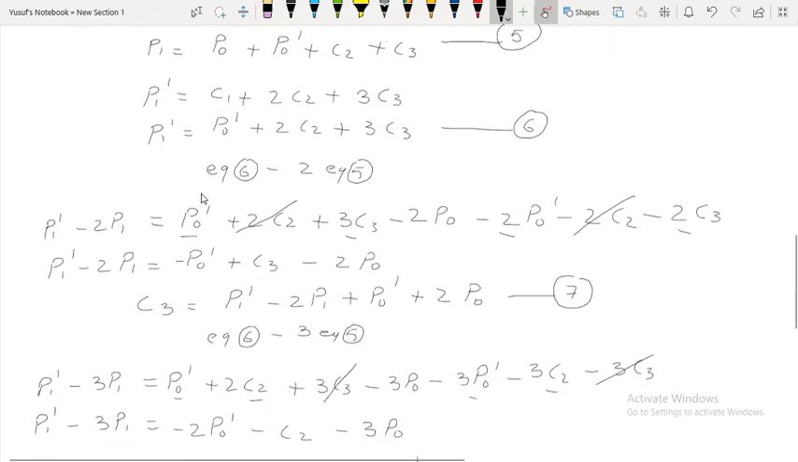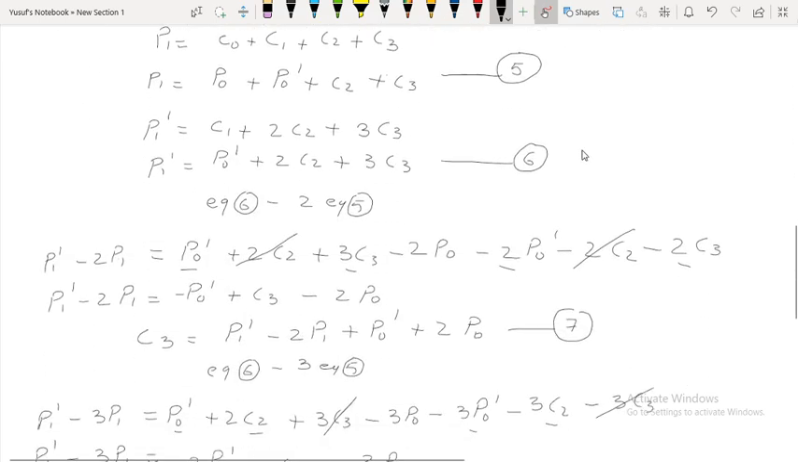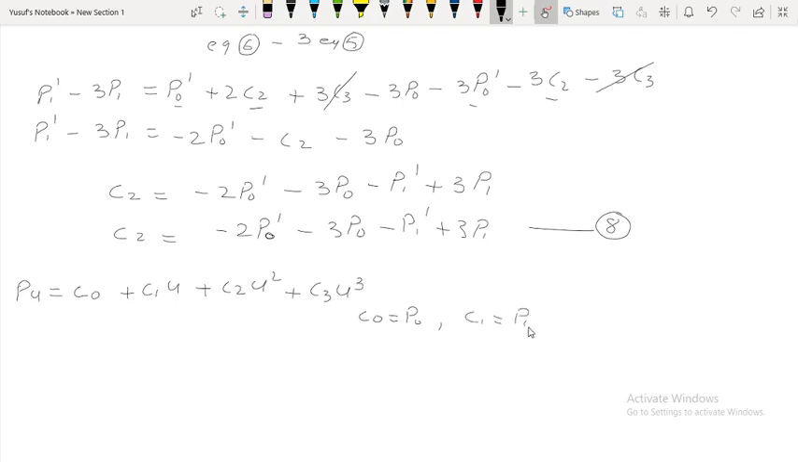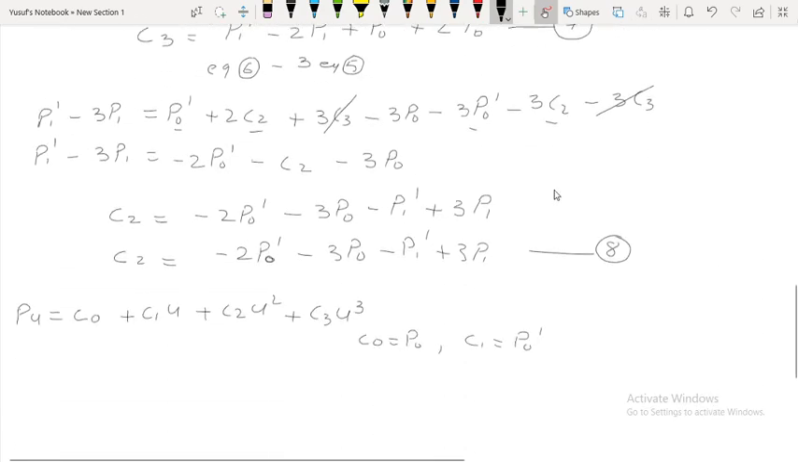P of U, first is C0. First I will write the equation: C0 plus C1U plus C2U square plus C3U cube. This was the equation of PU. I have to put all four coefficients in that equation. We know the coefficient C0 is P0, C1 is P0 dash,